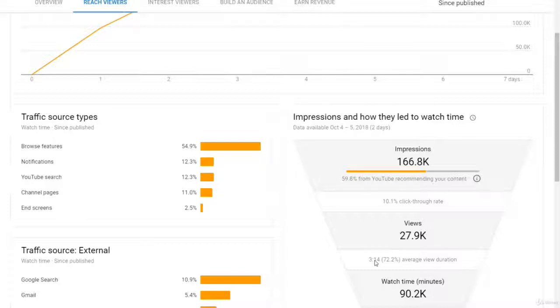So you want to upload as many videos as possible, guys. Don't be scared to upload videos and think, oh, I don't know if it's going to get as much watch time as I'd like. You want to upload as many videos as possible, because this is going to provide as many data points as possible, because then you can see which videos did good, which videos did bad.